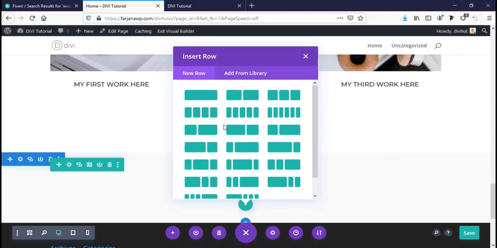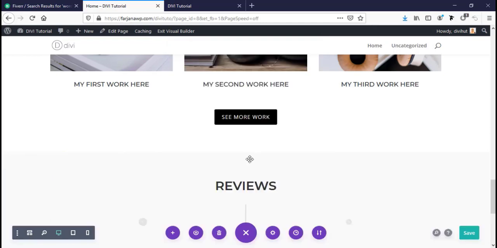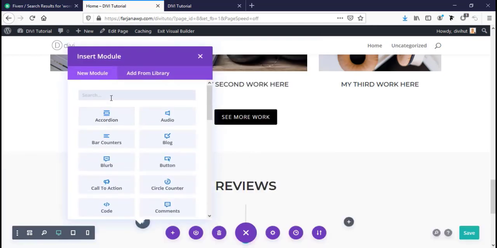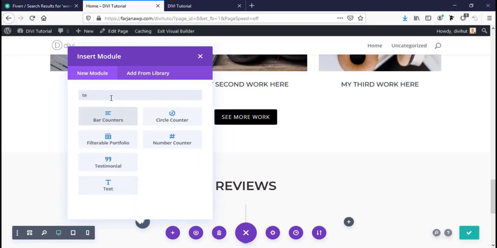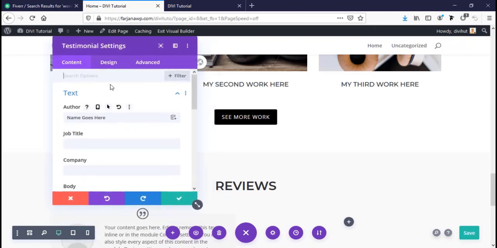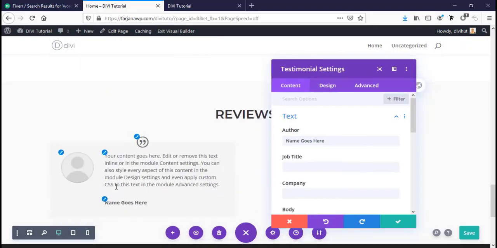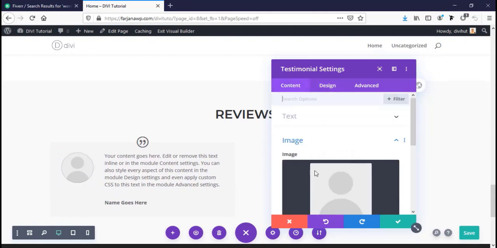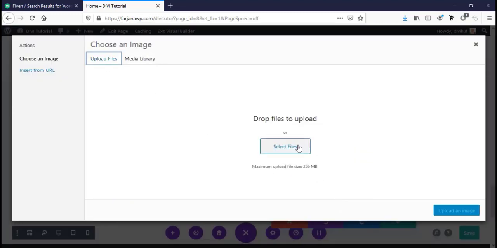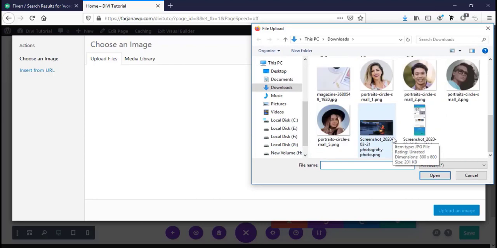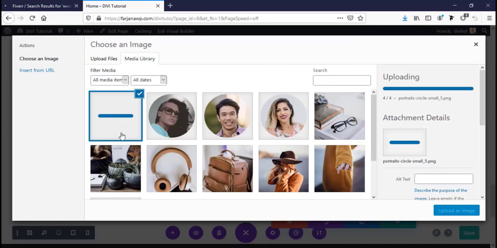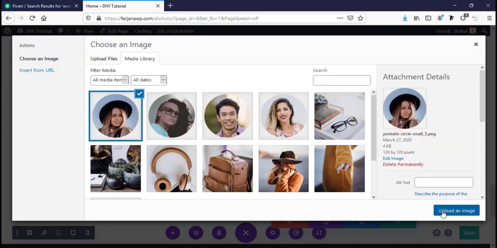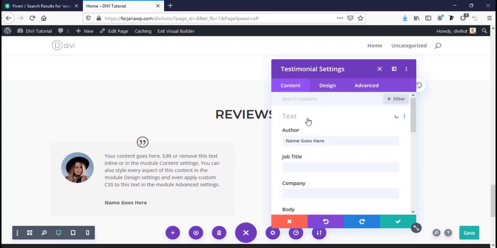and here I'm adding a 2 column row, and on the left side first I'm taking a testimonial module. Here is the testimonial section. So here I'm adding an image. For this, I'm going to content image and going to upload some image. So here I'm adding some testimonial image for client image. I'm selecting this one. Here is text, name,